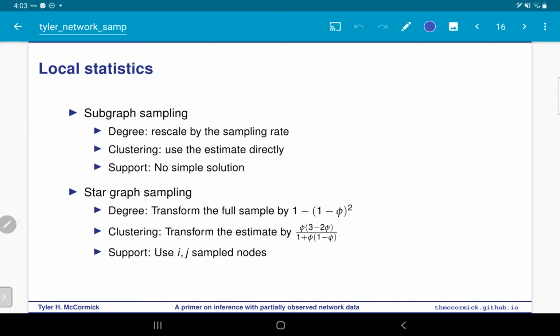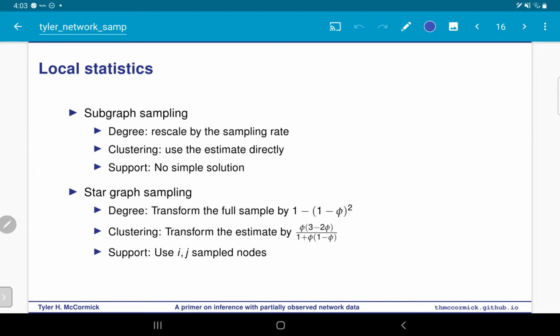Okay, so in subgraph sampling, for the local statistics, we have a couple of nice results, and again, these are fully spelled out and justified in the Chandrasekhar and Lewis paper that I referenced before. For degree, we can simply rescale by the sampling rate,